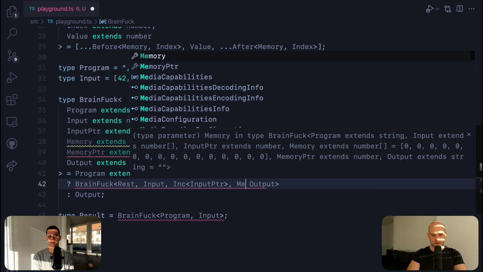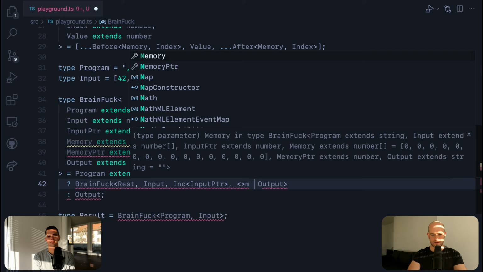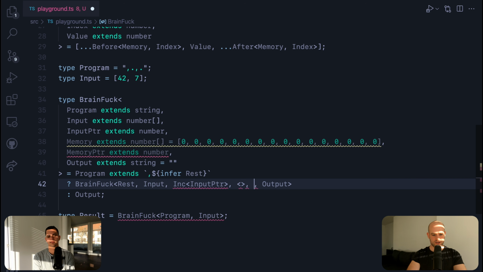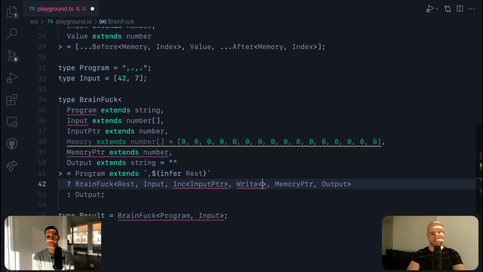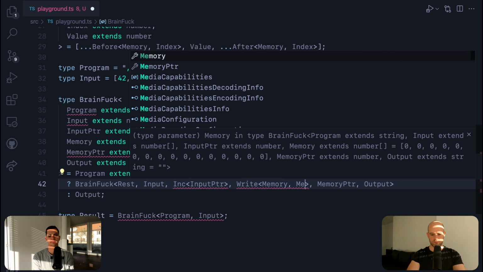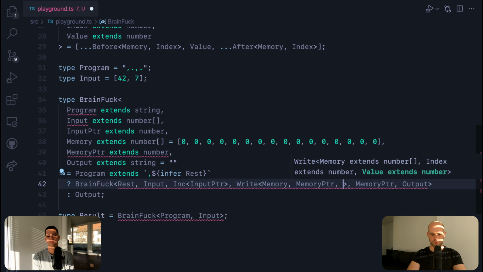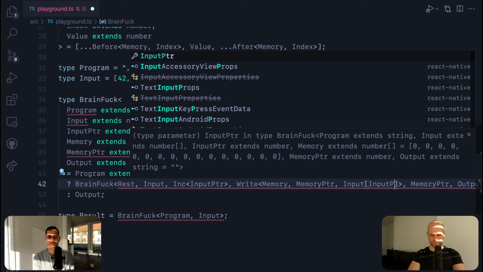So we have memory. Here we're going to need to write the memory. And the memory pointer is unchanged. So here we use write. We write on memory at index memory pointer the value of the input, so input, and we have the input pointer.